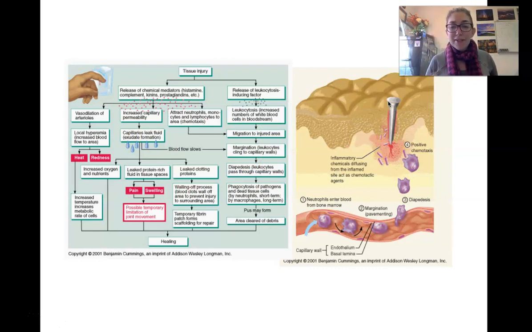So you have a series during inflammation of blood vessel dilation and blood vessel contraction. That dilation stage happens early on because these white blood cells need to leave the blood vessels in order to go into the tissue. They also need to exude that fluid to cause the swelling. All right, but initially, I